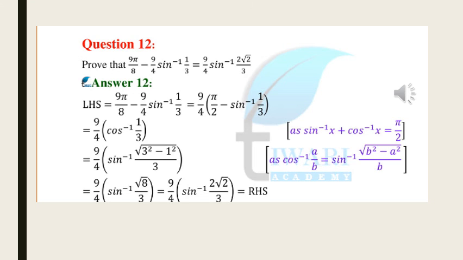From the left hand side, 9 by 4 is taken out. Then pi by 2 minus sine inverse is cos inverse. From cos inverse, you write down sine inverse using the right angle triangle method. Or sine theta is equal to root of 1 minus cos square theta, or a simple method: draw the right angle triangle. Take one of the acute angles as theta, mark the opposite side, adjacent side and hypotenuse. Cos theta is adjacent side by hypotenuse. Then find out the opposite side. Then write down sine theta or sine inverse.